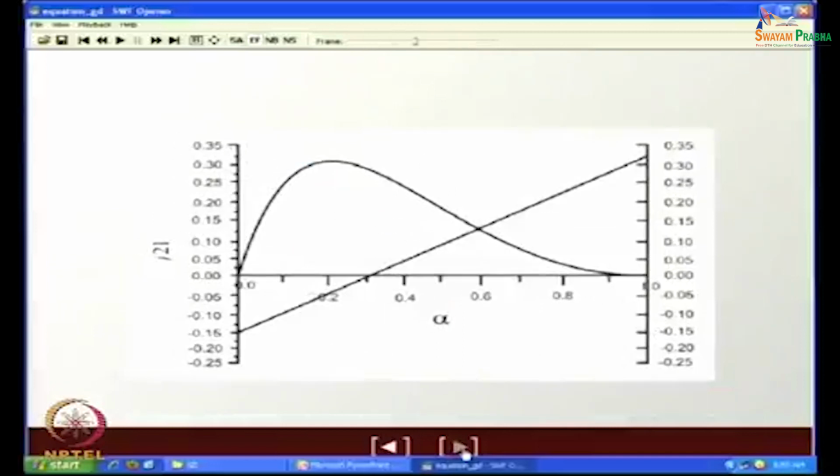Now, if we take the next case, this was co-current downflow. Now, see the situation for co-current downflow. In this particular case, we find that more or less the point of intersection occurs somewhere here. Now, if we keep J2 constant and increase J1, then we find alpha gradually shifts to lower and lower values. If we keep J1 constant and increase J2, we find they shift to higher and higher values